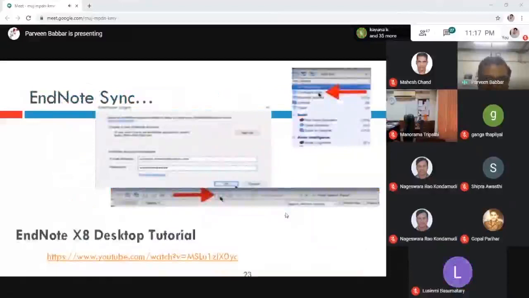You can work on your computer, and if you want to work on your iPad, you can sync to the iPad or online. For your understanding, I am just playing a video for 5 to 10 minutes so that you have some understanding about this EndNote X8 desktop.